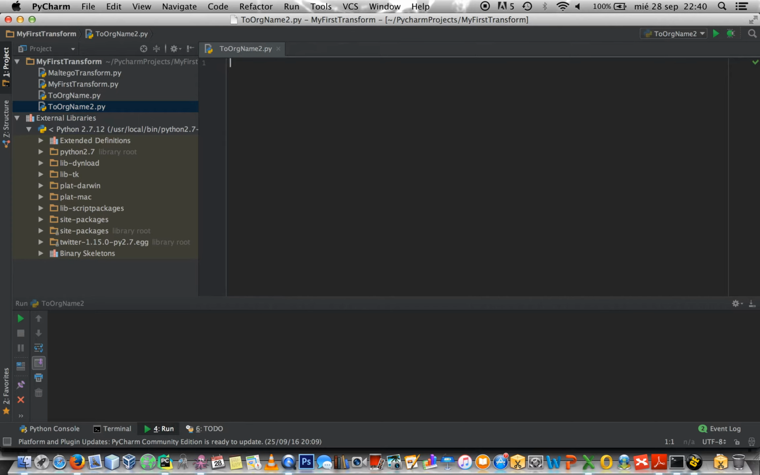So the first step, I'm going to import the libraries from Maltego transform. I'm going to import models, and also from LXML import. I'm going to import etree. I'm going to use the ET alias. Okay, so I have all my libraries, and I'm going to get the AS name from